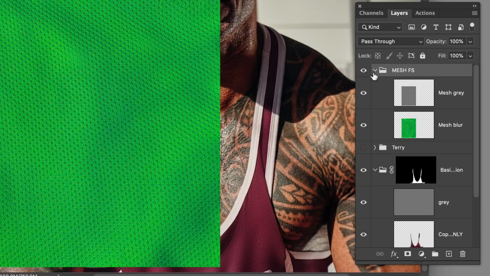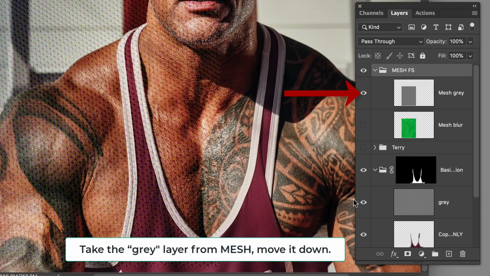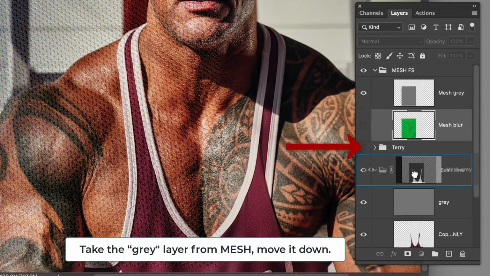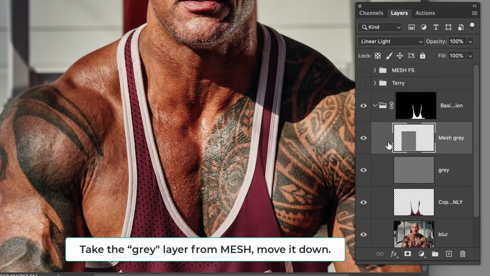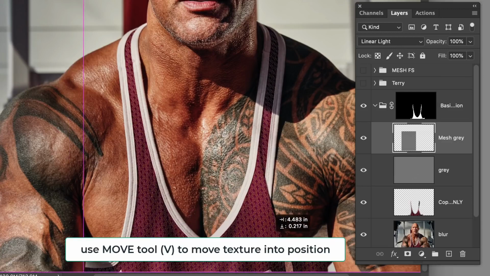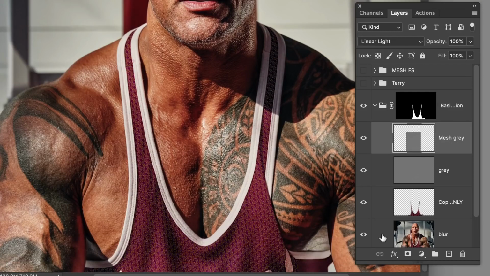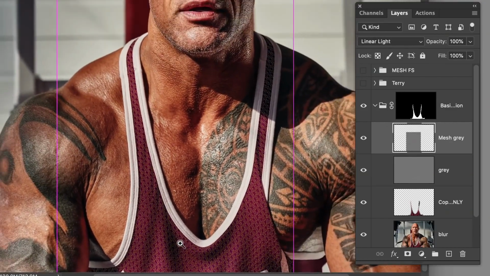So as I said earlier, what we're going to do is take the gray layer for the mesh, which is the texture. See that texture? And we're going to put it inside the frequency separation for the clothing. I'm going to hold the Move or V key, and I can move it and put it in position. So now, wow, in 2 seconds, I have already changed the fabric into mesh, which is